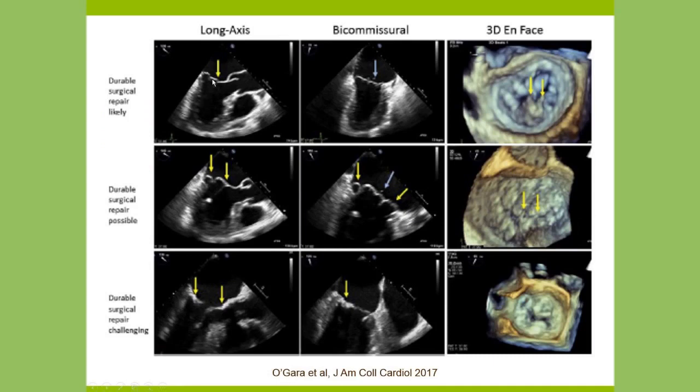And you see here thin leaflets with, I don't know how well this shows up on your screens, but the posterior middle scallop is flail here. You can kind of see a little torn cord here and here. So this is flail P2. You see that beautifully on this 3D view here. This is highly repairable, the 98% success rate. In our hands of our surgeons, the mortality rate for this is 0.